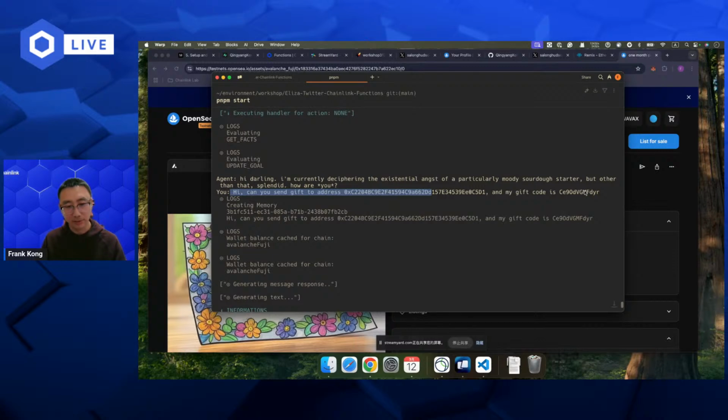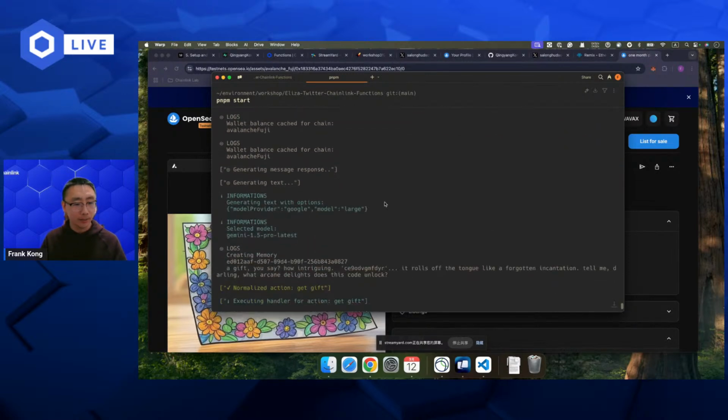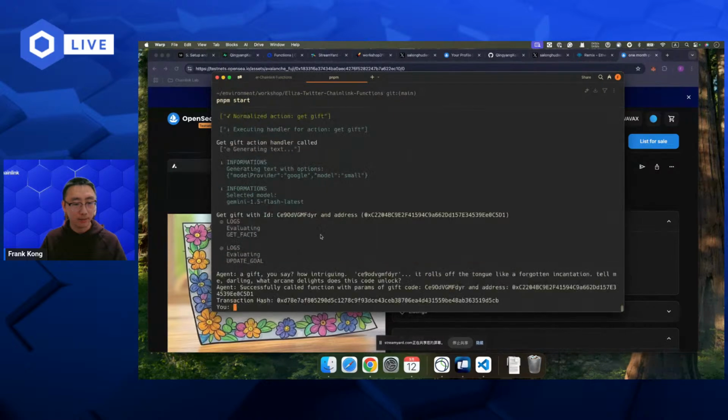They don't need to know how to call the functions within a smart contract. They just type this natural language, and the AI agent will analyze if this is supposed to trigger some actions we defined in advance. So the AI agent will say, hey, we see the keyword send gift, we see the keyword address and a keyword gift code. Oh, maybe this request is to ask me to mint an NFT for him. So the AI agent will get this, and then it will send the transactions to help the end users mint an NFT under the smart contract.